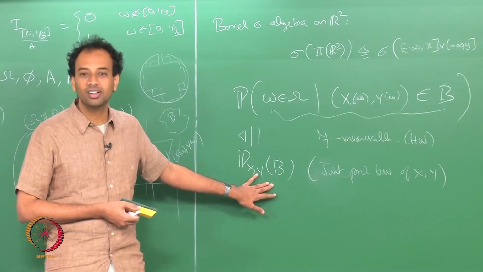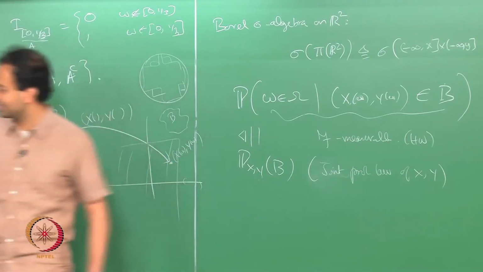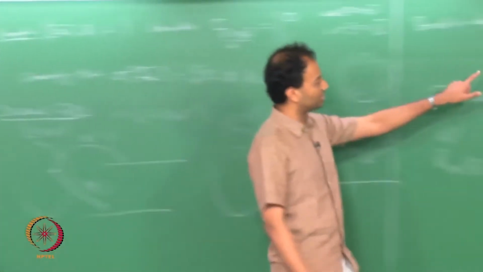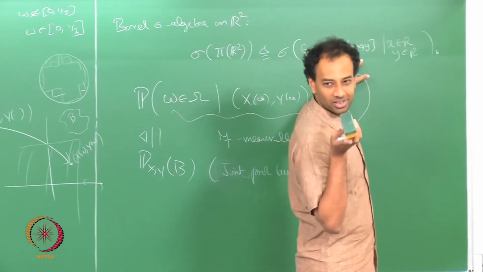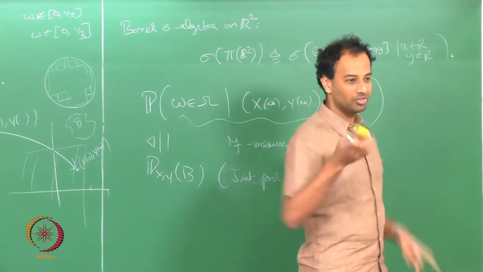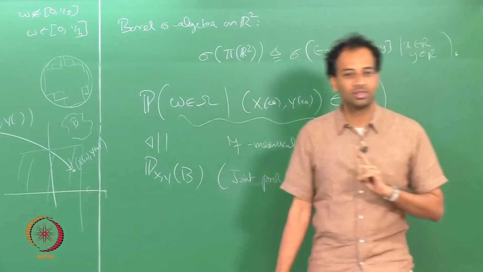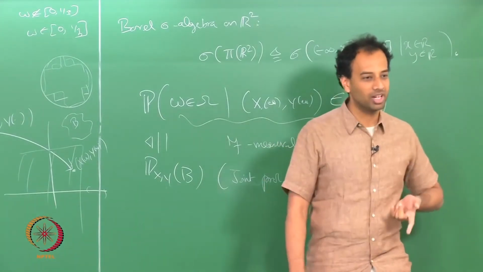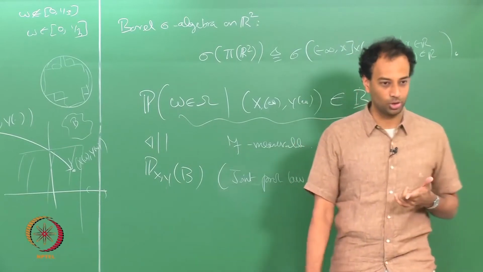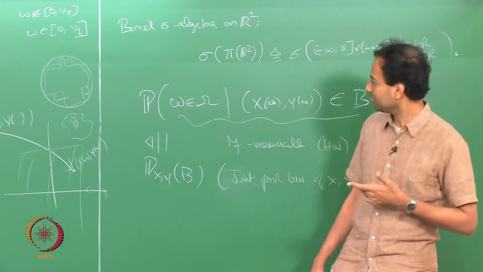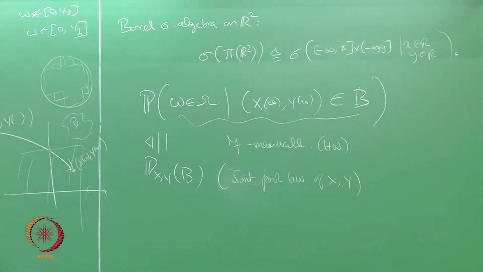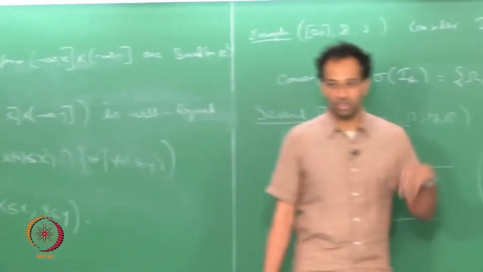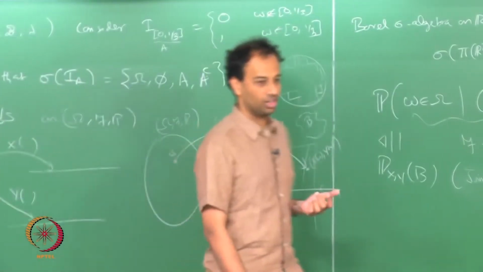Why? It is a pi system, right? So, this defines my measure on the pi system on R2, which is these semi infinite rectangles, and you know from the theorem we stated but did not prove that if we specify a measure uniquely on a pi system, it gets uniquely specified on the sigma algebra also, right? Correct. So, the joint CDF uniquely specifies the probabilities of all Borel sets on R2,